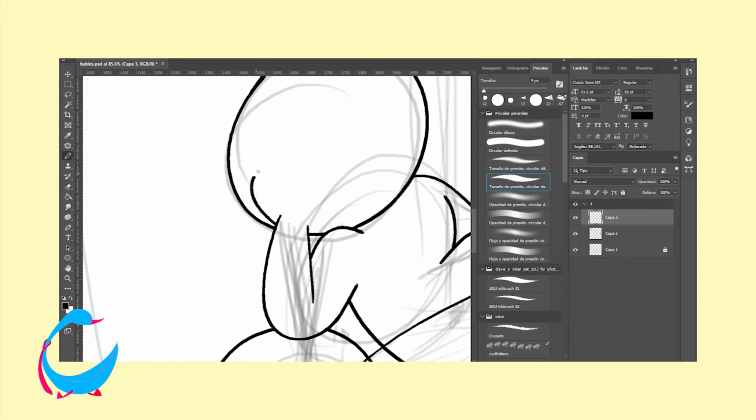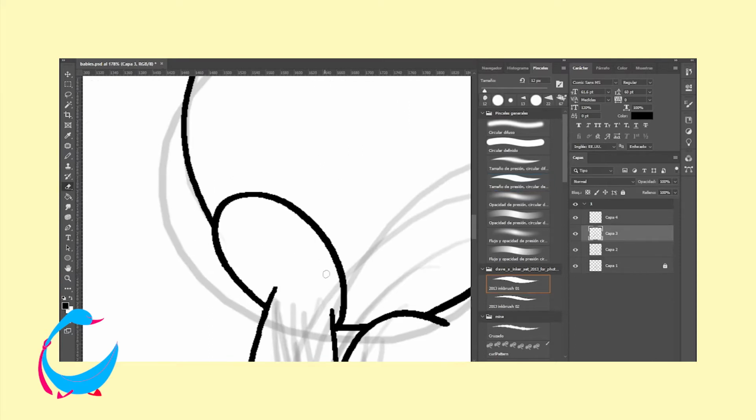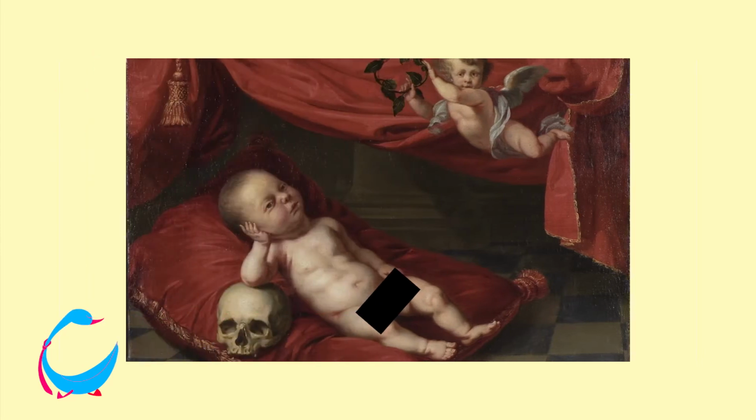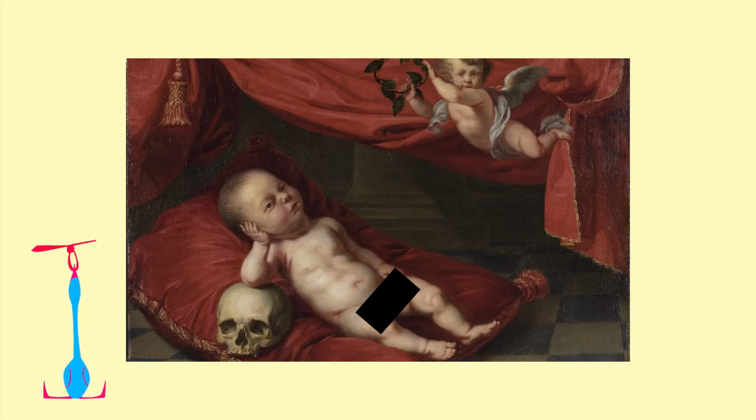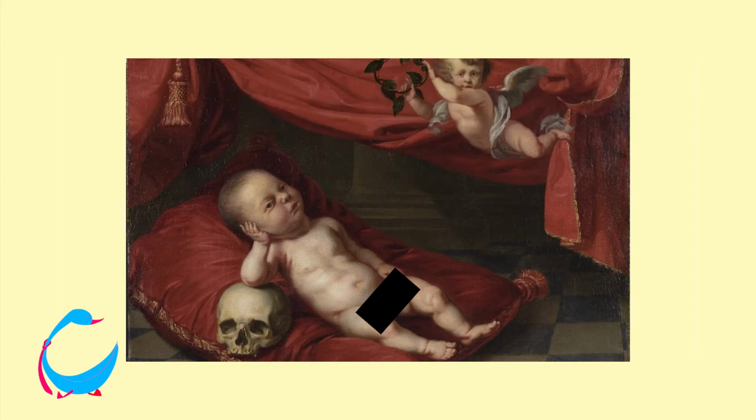Okay? So, to introduce you to my favorite Renaissance baby ever is this one. As far as I know, the author of this baby is unknown, and right now I cannot remember the name of the painting, but I'm going to put it somewhere around here when I edit it. Okay, and I think maybe I will have to censor him